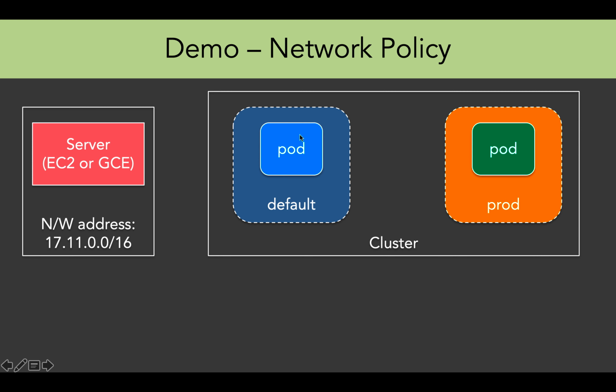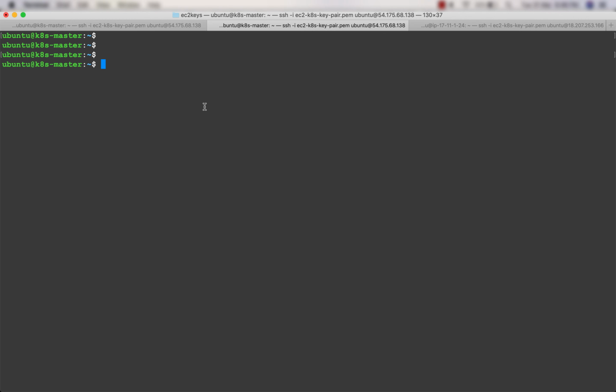So what I'll do is that I'll try to do a curl to communicate with this pod and I should get an output. And the same thing I would do for this pod also, but from inside of the cluster using the cluster IP. So both of them should be able to communicate to each other. So I'm in the master node first. So let me get all the services.